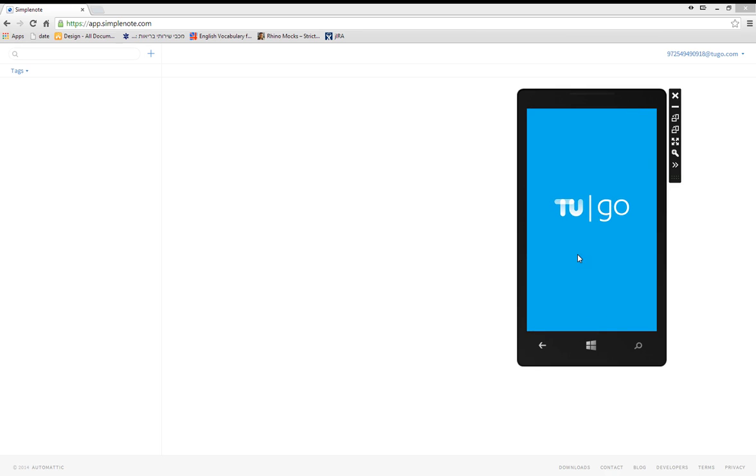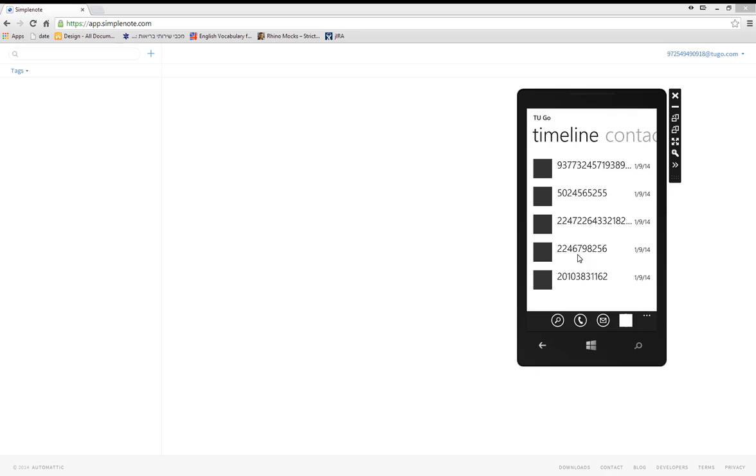While launching the application, the first thing which is displayed is the timeline. And inside the timeline we have all the events which are showing our last communication, which in this case is each number. But if I define some contacts in my Windows Phone store, then I will see the contacts there by name. So we currently have numbers, and let's suppose that I'm getting a call from home, and my wife